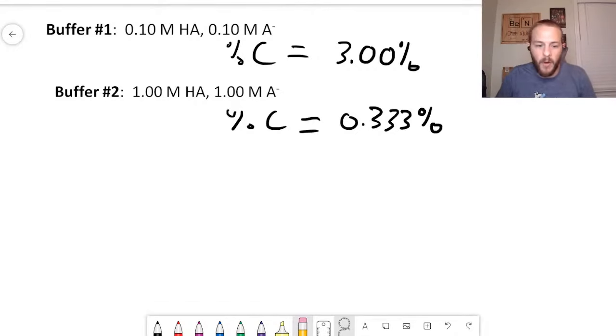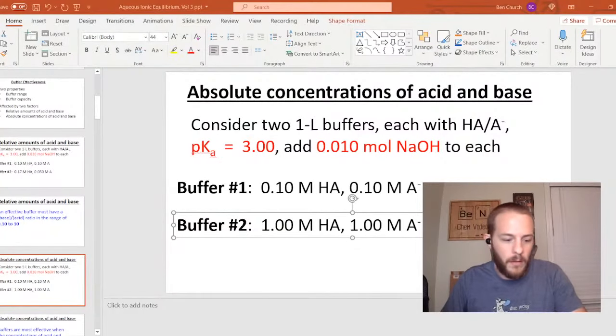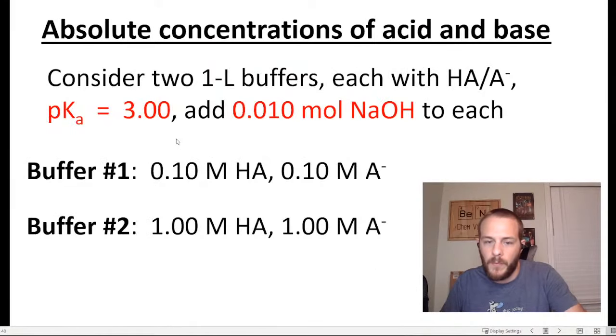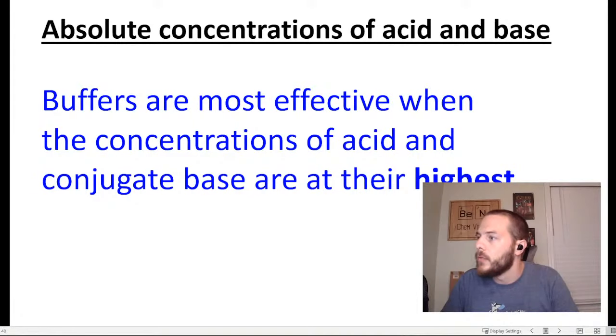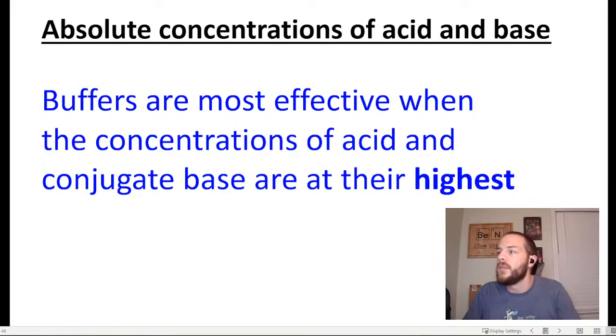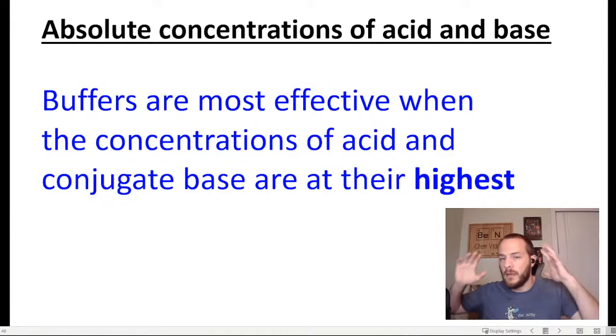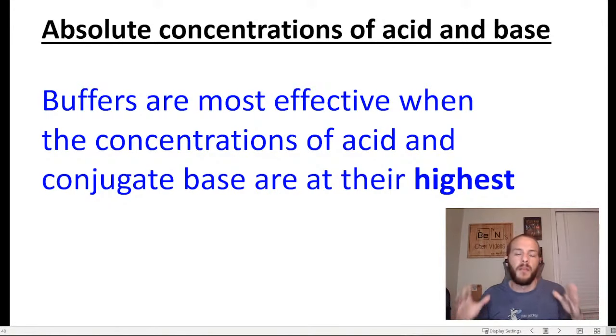So I'm going to go back to the PowerPoint quick. All right, so we figured that out. This basically is just reiterating what we just discovered, which is that buffers are most effective when the absolute concentrations of the acid and the conjugate base are at their highest, right? So now that we've understood the effect that both relative amounts of acid and base and absolute concentrations of acid and base have on